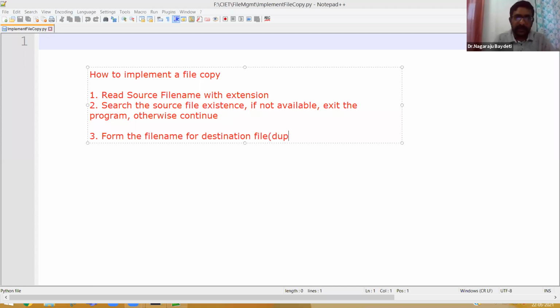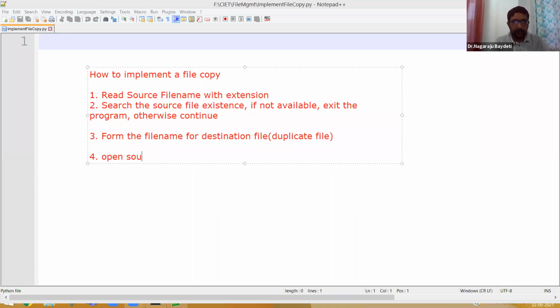You need to create the file name with the same file name with extra hyphen copy, and the extension also should be the same. Suppose if the source file is txt, destination also should be txt. If the source file is .py, destination also should be .py. So you need to form the file name. Then four,